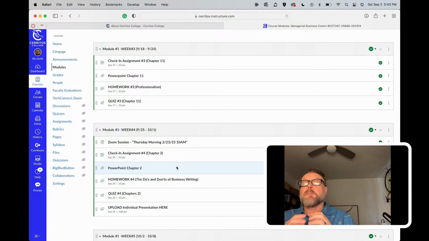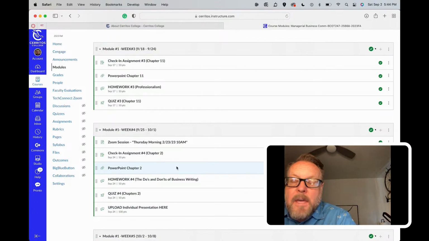There'll be an explanation in Canvas in a couple of weeks that you can look at, and there'll be the opportunity to sign up in Canvas for which days you want to do it, days or nights. I'll have times during the day, times in the morning, times at night, and you'll have to sign up for that within the first module. I'll make sure you are all aware of that, and then I'll be giving some very clear instructions on what you need to do in order to do that.